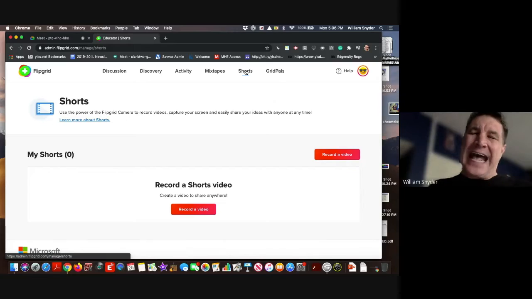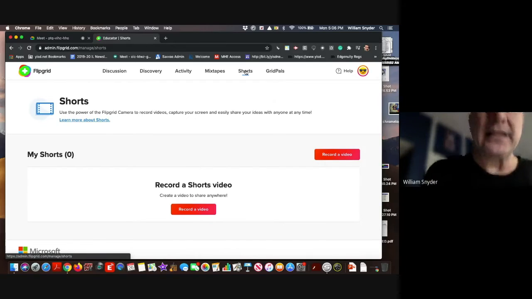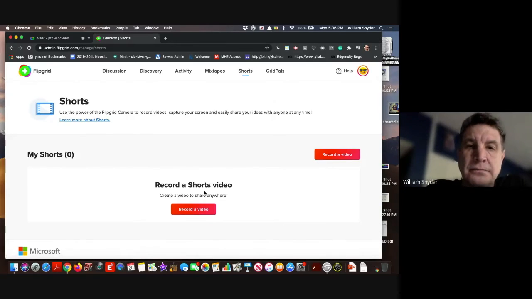But Flipgrid has a couple of components. You can add a border around. You can add little Bitmojis. Not Bitmojis, but you can add emojis. You can add different things to your video. And so it's just a different way to do something with flair. So if I click on record video here,